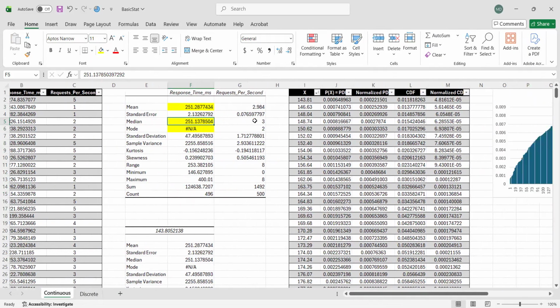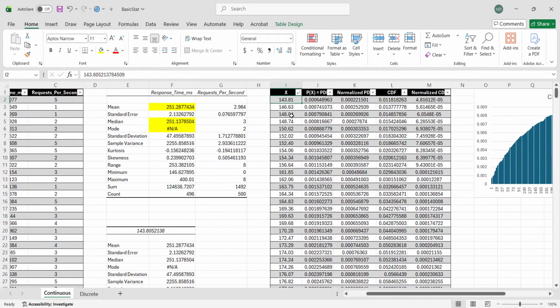If the values happen to be exactly the same, even up to the smallest decimal point, then that's the time that you can have a mode. When you have at least two of these with exactly the same figures up to the very last decimal place, then that's the only time we can have a mode. So again, it's normal to have no mode in continuous data.